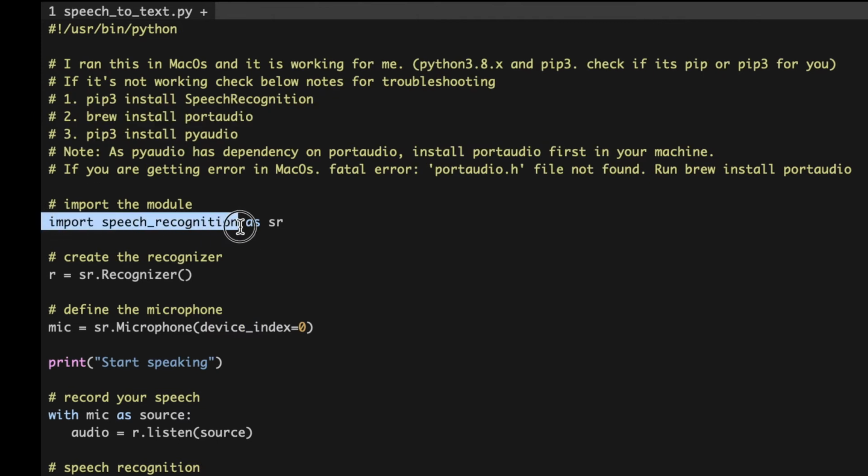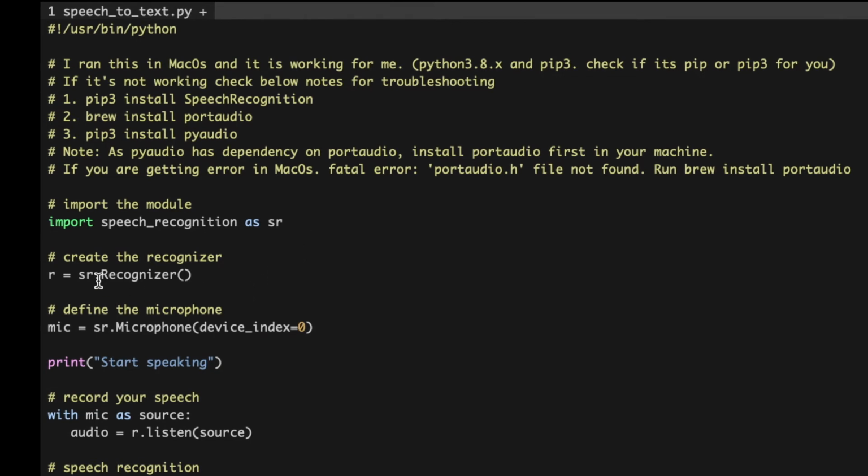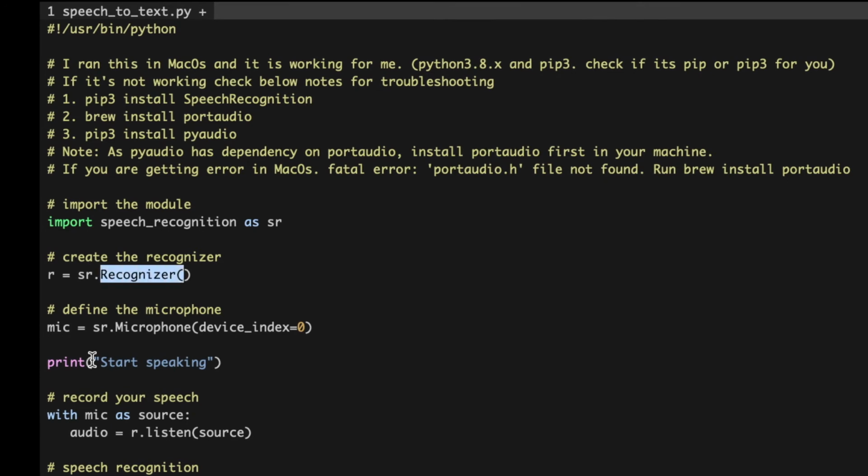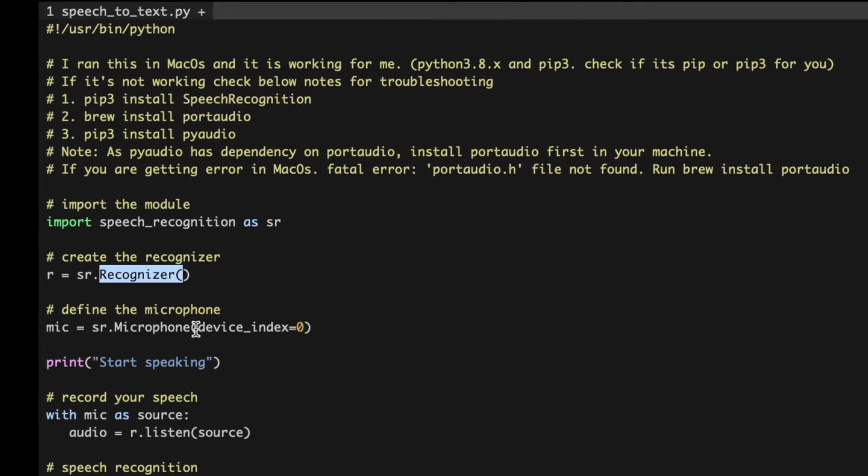I'm importing speech recognition with an alias, SR, a short form, and then initializing an instance of the recognizer. I am also initiating my microphone, choosing which microphone I want it to listen to. Here device_index equal to 1 means your internal microphone.